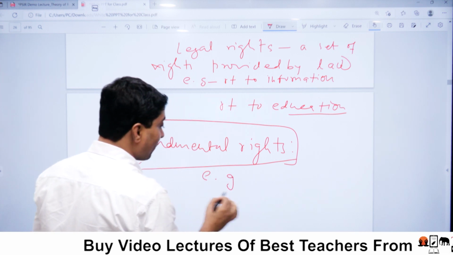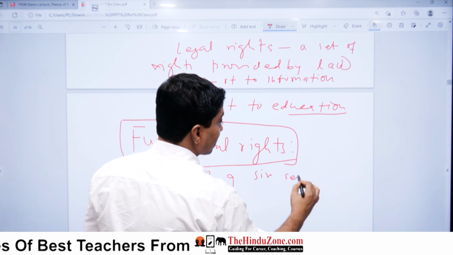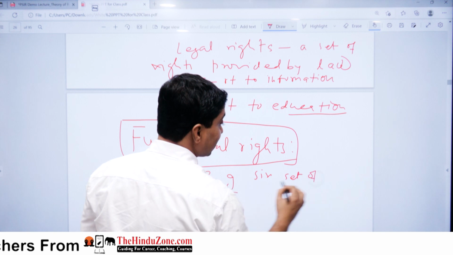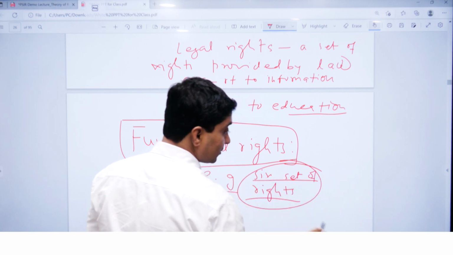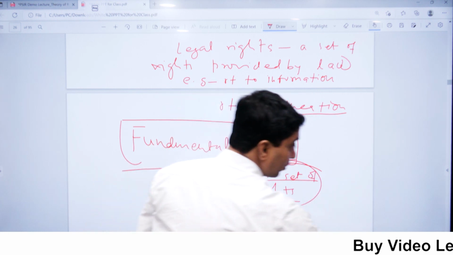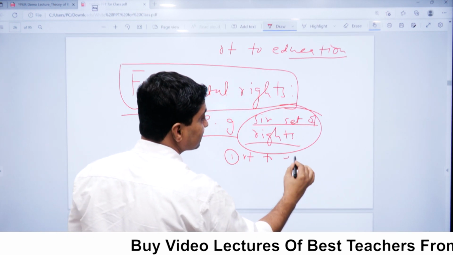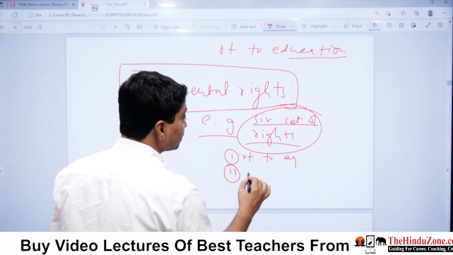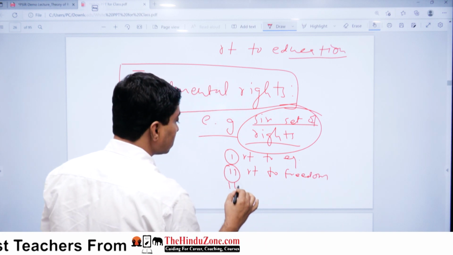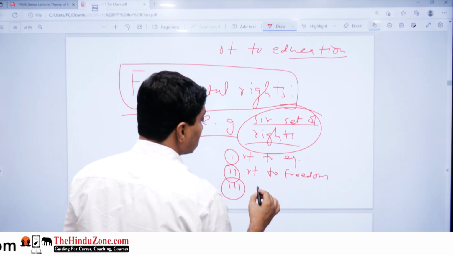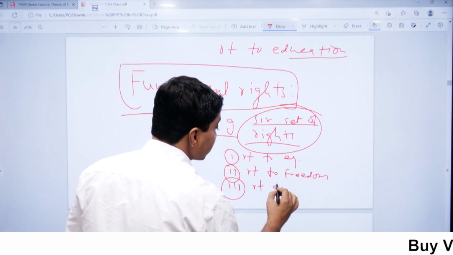If you see the Indian Constitution, there are 6 sets of rights that are declared as fundamental rights. What are those? I hope you know those rights. First, right to equality. Second, right to freedom. Third, right against offense, or right for protection